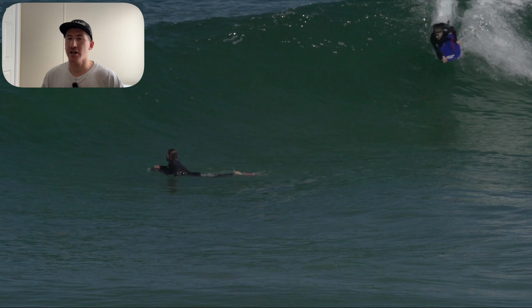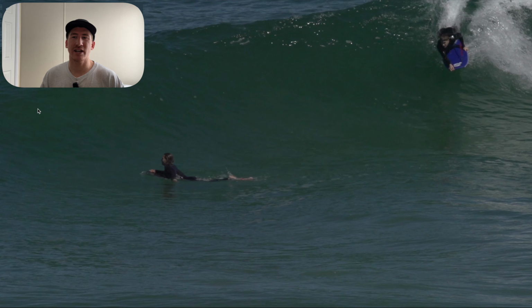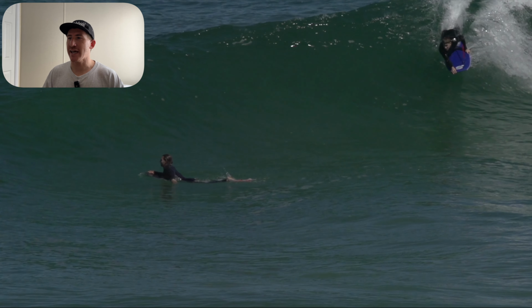So from the start, you're going to be watching my eyes here, and you're going to see how at the start, I'm not really looking down the line, but I'm more focused on what's going on immediately in front of me. The big reason for this is this wave had a lot of backwash on it, and because of the backwash, it actually ended up kind of pushing me up and pushing me into a weird position and almost got me to a point where I mistimed the actual move towards the end. So as we get into it here,